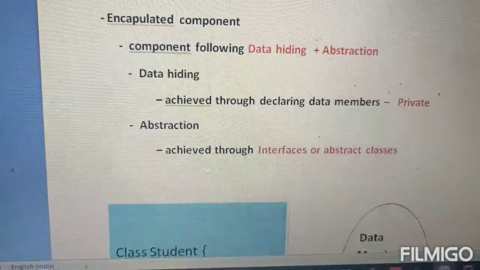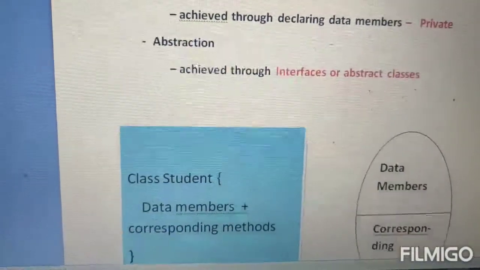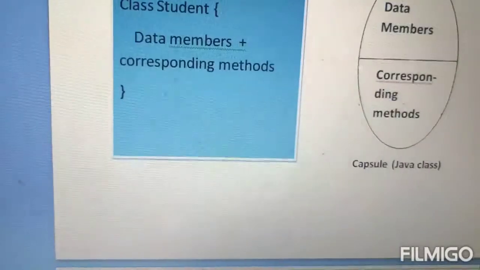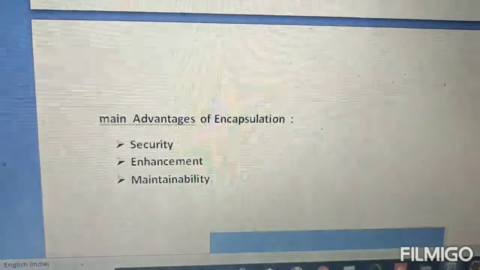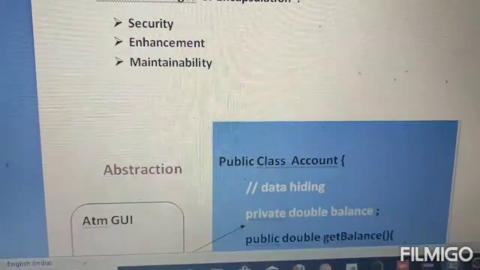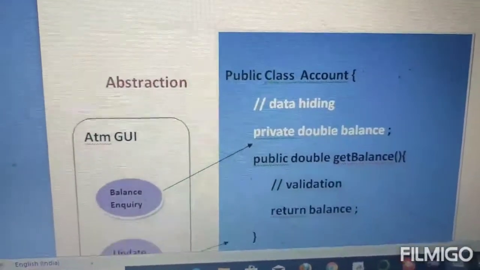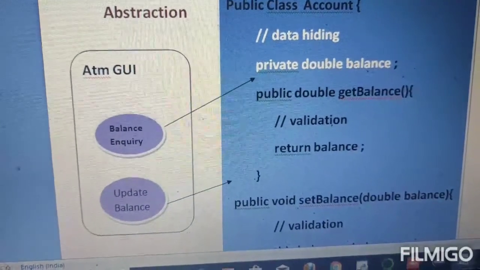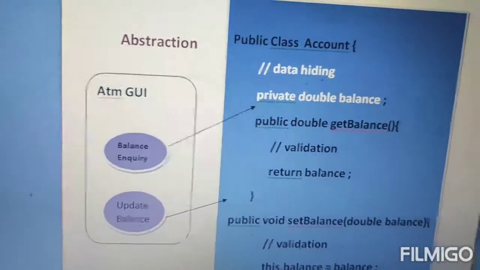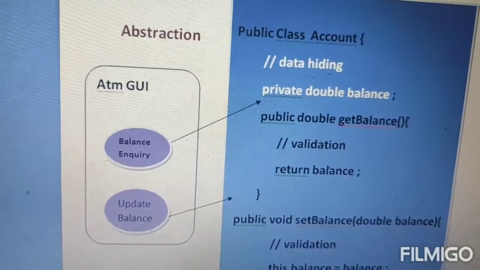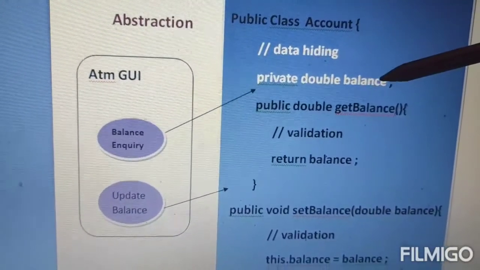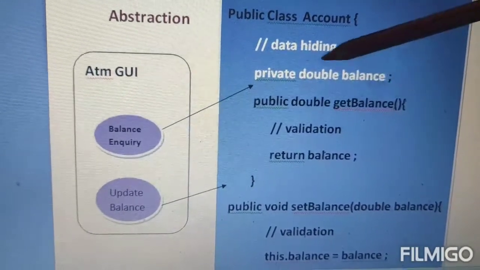So let me give you a proper example of an encapsulated component. This is an encapsulated component here. If your class follows data hiding, it means you declare your data member private.